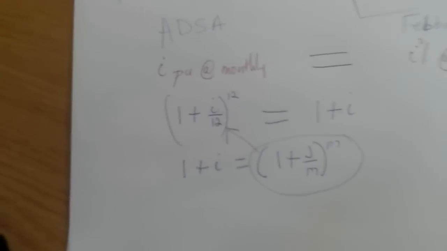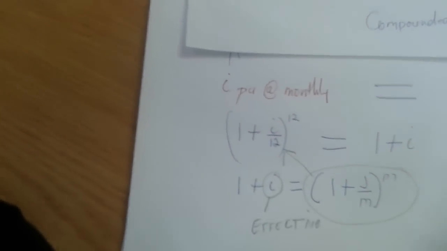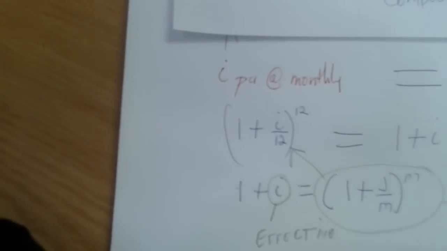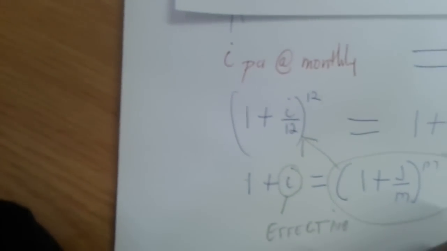So this is how you calculate an equivalent effective rate. So let's use that question again, which is 10% per annum compounded 2 monthly. So obviously this is the effective rate that we are looking for. So what do we do? The 1 obviously must go that side, and it will be a negative. So it means I is equal to, so we want to use that formula there on top, 1 plus